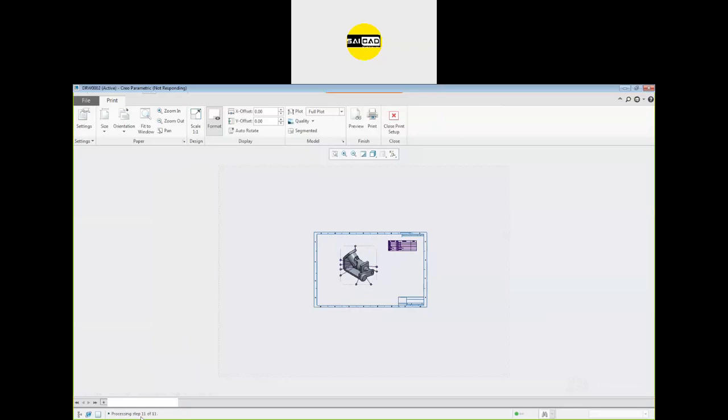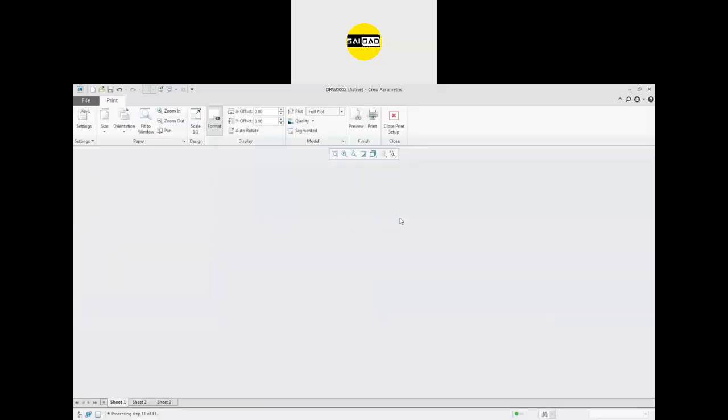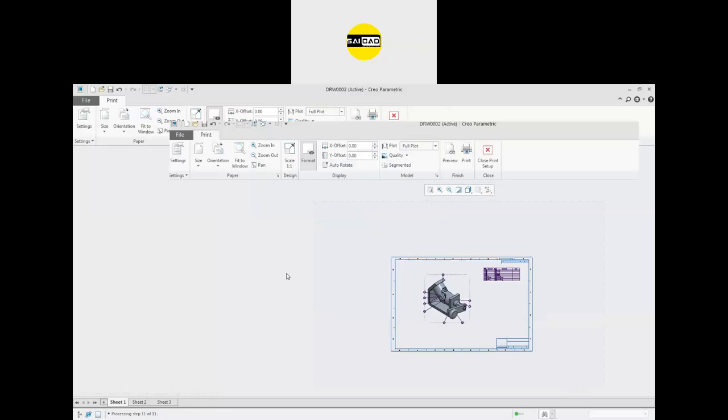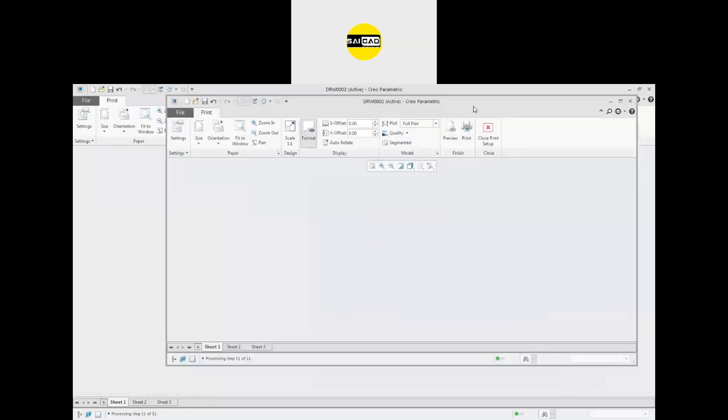There is the option processing steps. Just stuck. Now we have to wait for a few more seconds. Not responding.